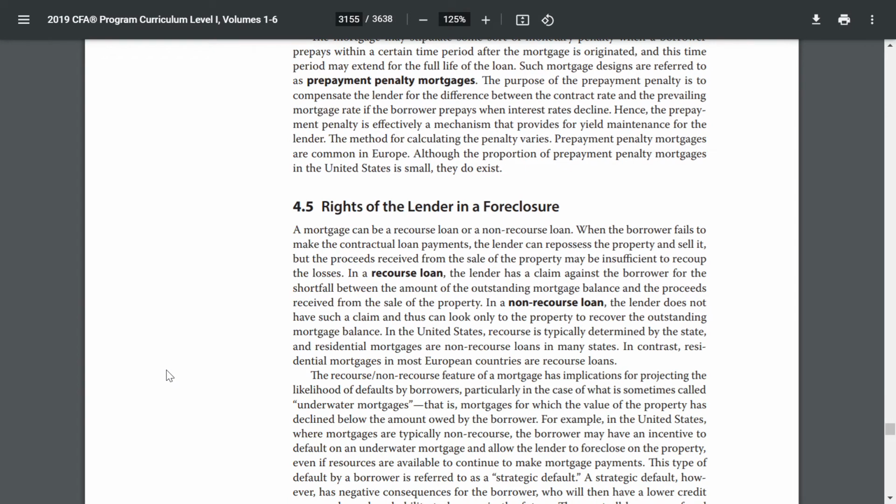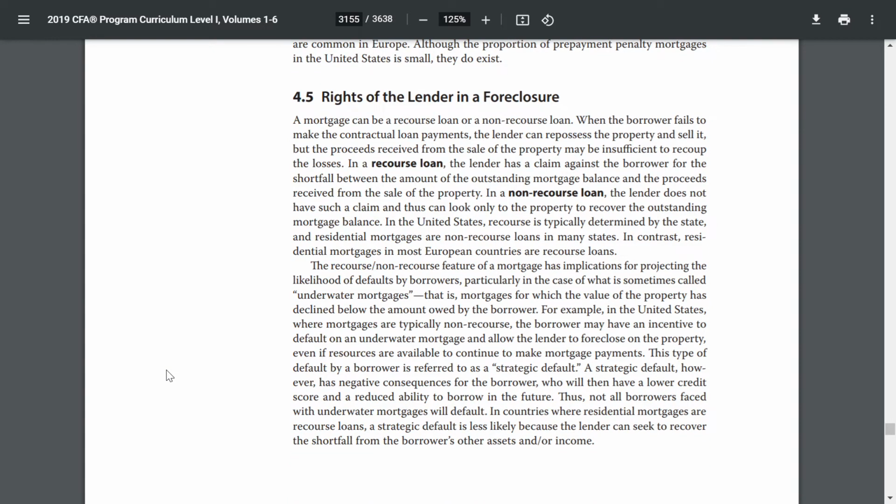Rights of the lender in a foreclosure. A mortgage can be a recourse loan or a non-recourse loan. When a borrower fails to make the contractual loan payments, the lender can repossess the property and sell it, but the proceeds received from the sale of the property may be insufficient to recoup the losses. In a recourse loan, the lender has a claim against the borrower for the shortfall between the amount of the outstanding mortgage balance and the proceeds